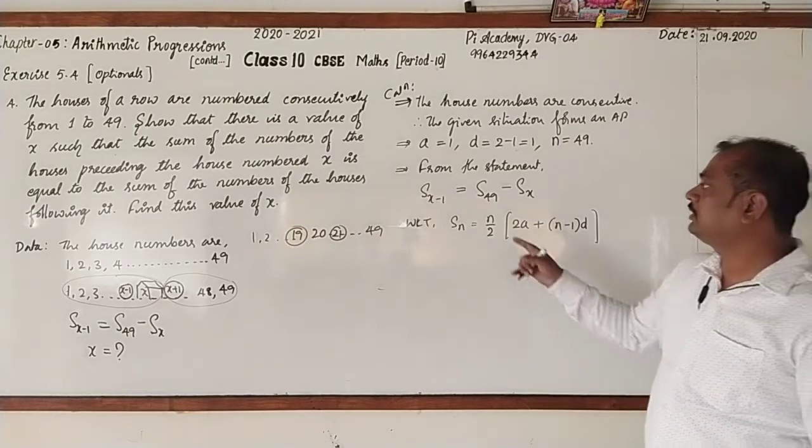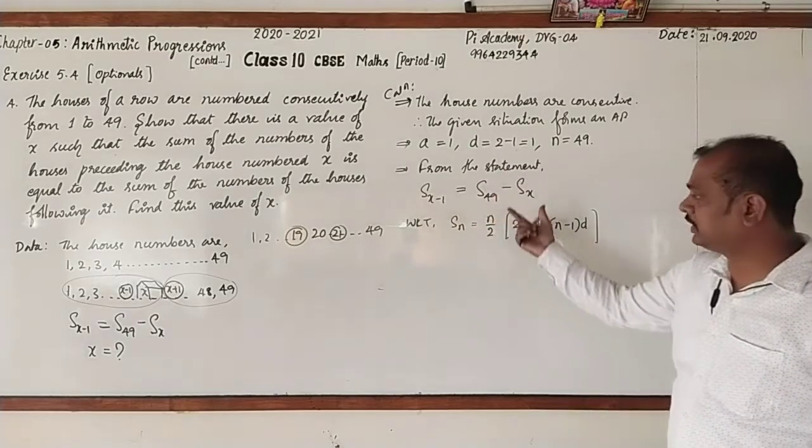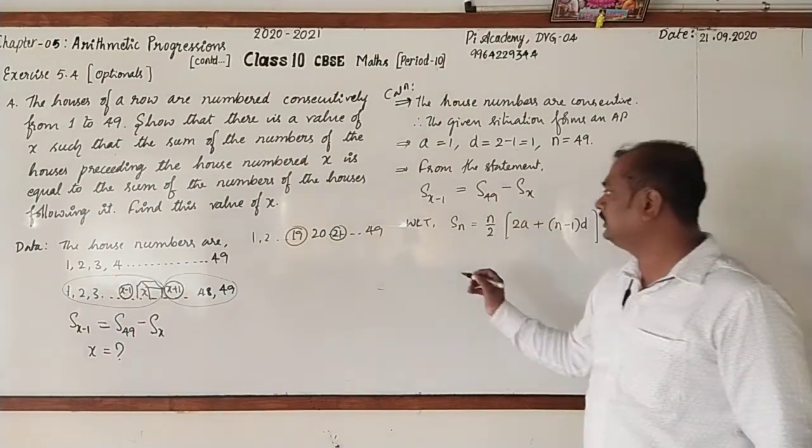Now, let's do one thing. Let us go for solving one by one. First, I'll take the LHS part. Then after that, I'll take the RHS part. Then we shall go for equating. The calculation will be easier.